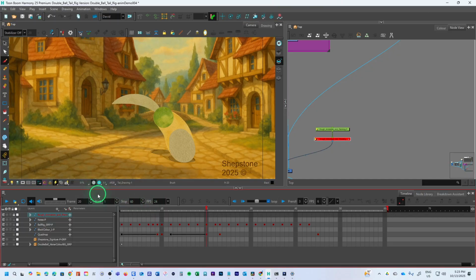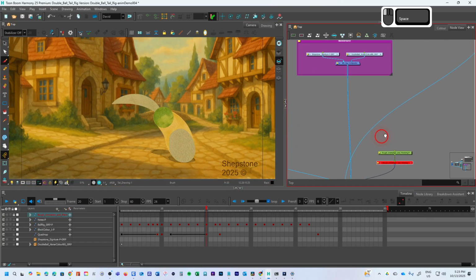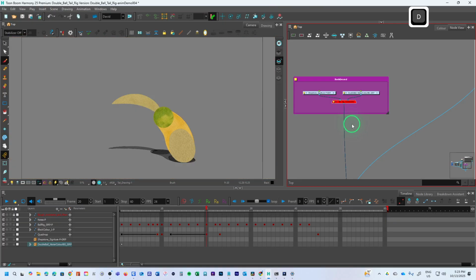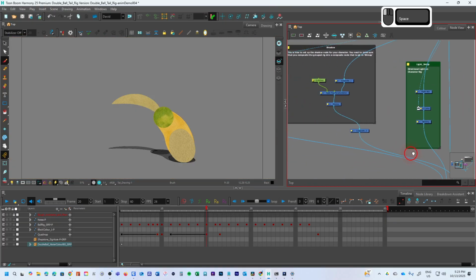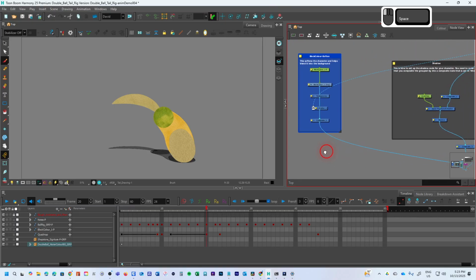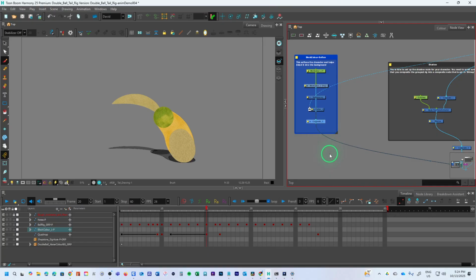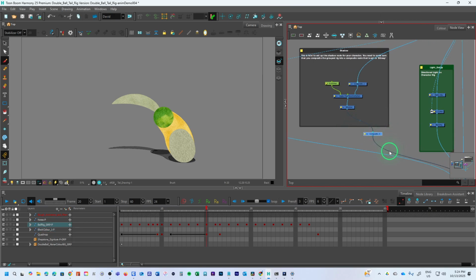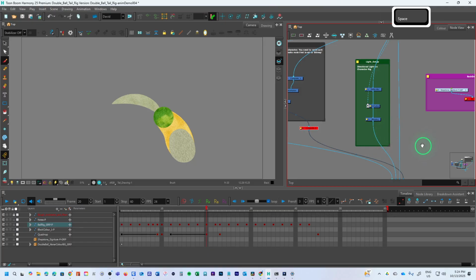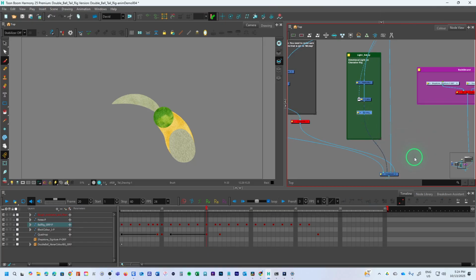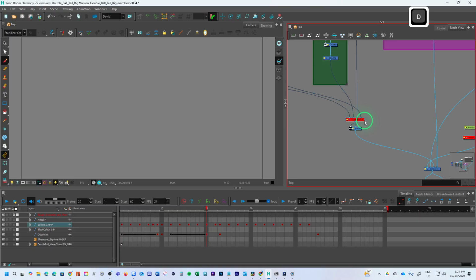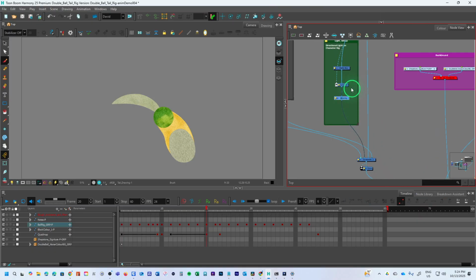So let's turn this back off render, and I'm going to turn off the elements that I don't need right now. So what I'm going to do is go to the background layer here, grab that comp node, hit D and just hide that out. And I'm going to also go over to the block color here, and hide that out because I don't need that in there right now. I'm going to hide the shadow out as well, and the light, I can hide that out as well. And I can simply just go down here to the bottom and hide that out there. Oh, sorry, not that one. That's the body. I meant to cut out this,